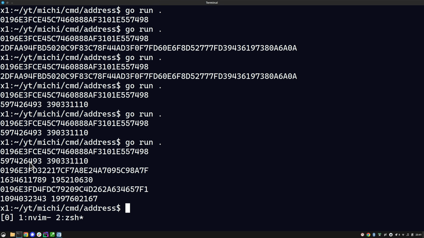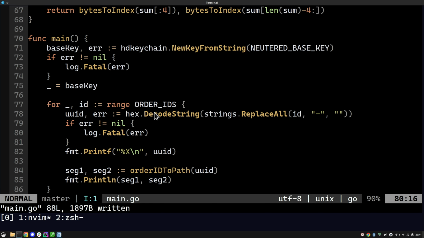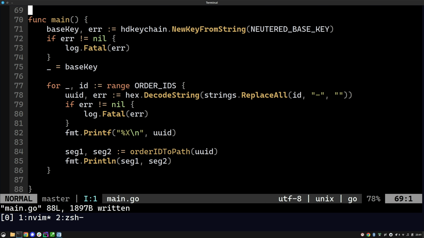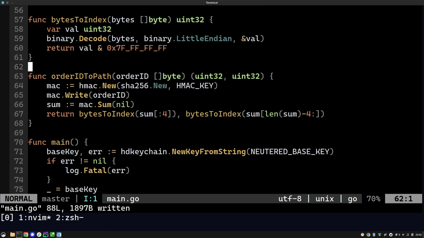And we can also make sure that all of these are less than this hardened derivation threshold, because we cannot derive hardened keys from just the public key. And then you know what, actually we could improve this